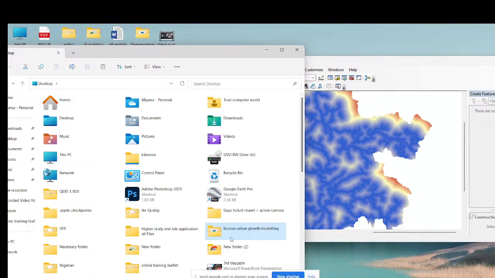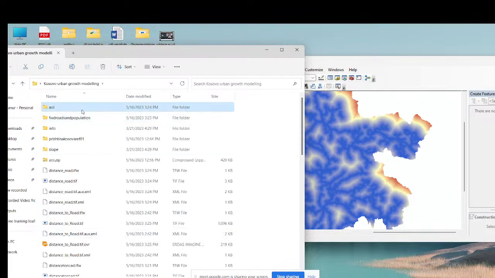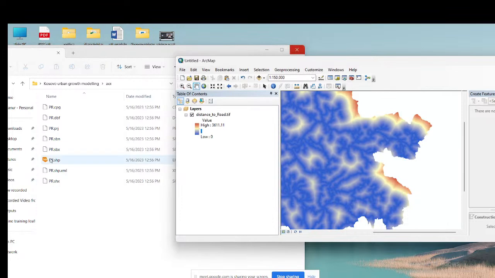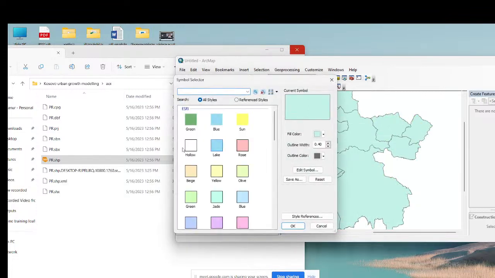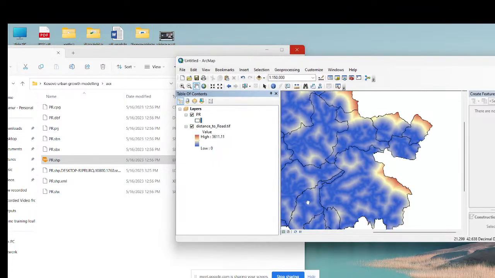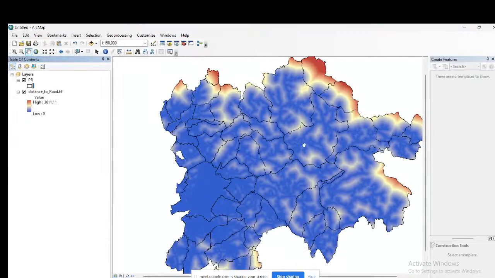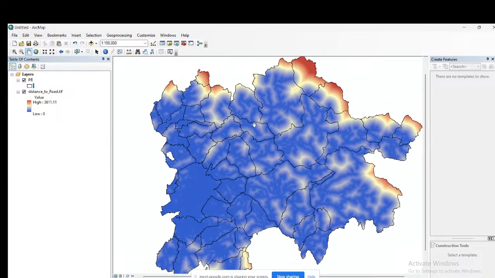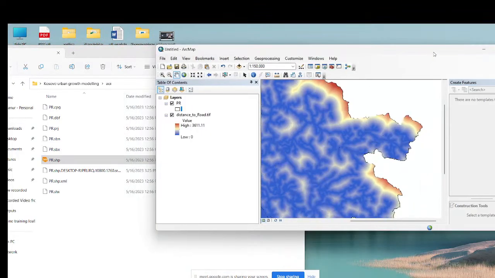Simply import this file. Okay, so this is our distance to road map we created here, and this is our one data set. As well as that, you also need the other parameters,